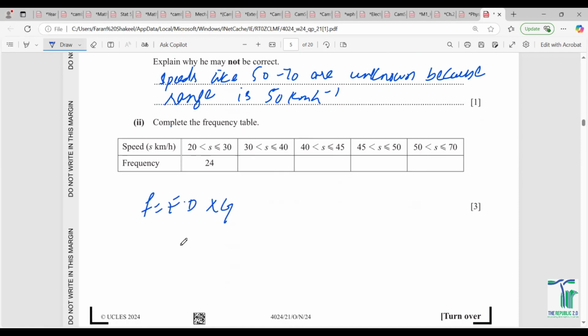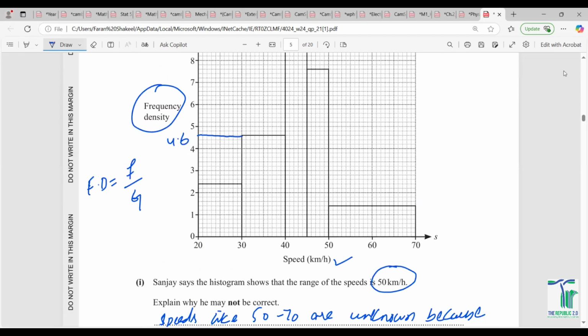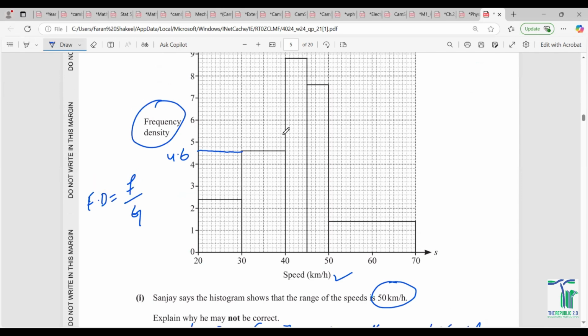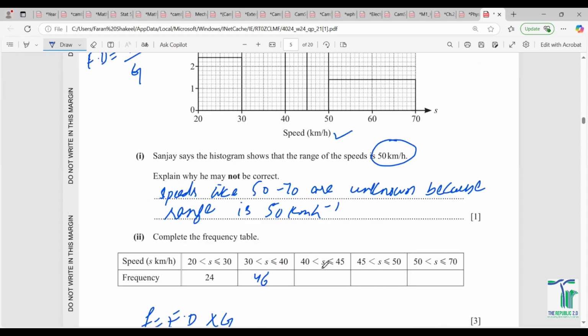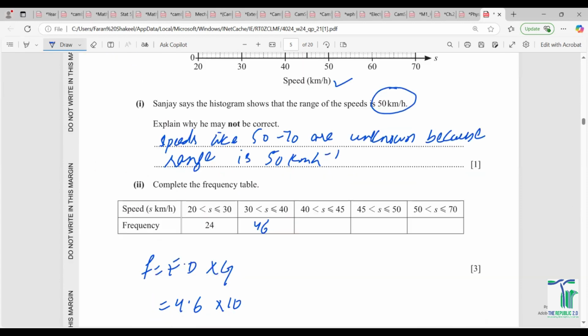The frequency density is 4.6 and the gap is 10. Just times them up and you will have something like 46. 40 to 45 का gap 5 है, और इसकी जो फ्रीक्वेंसी बन रही है, दैट इज समथिंग लाइक 8.8। सो 5 times 8.8 and that would be 44।